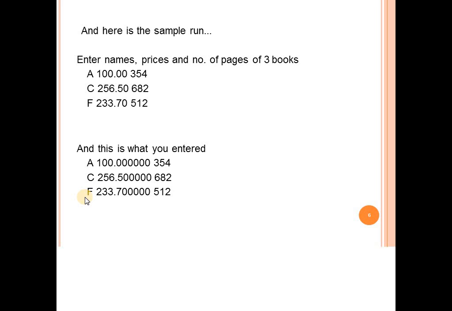Here I have taken it for 3 books. So as an assignment, you have to store the book information, but not for books now. You are going to store the animal information for 10 animals. For how many animals? 10 animals.